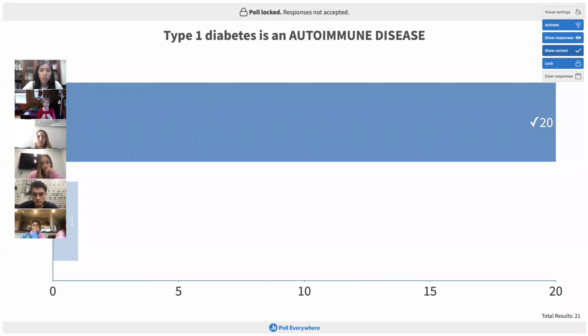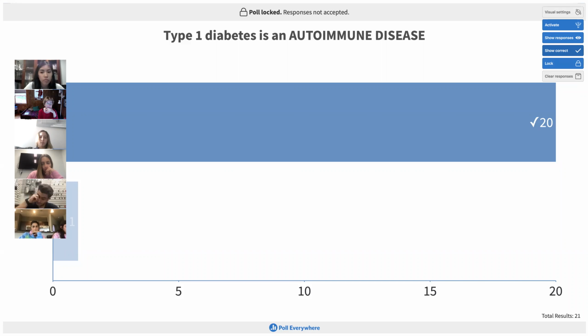And for some reason, the immune system looks at the cells in the pancreas as non-self and stimulates an immune response. And in type 1 diabetes, it destroys the pancreatic cells that make insulin. And then the person cannot make their own insulin, and that's why they need to have an exogenous, or outside the body, source.